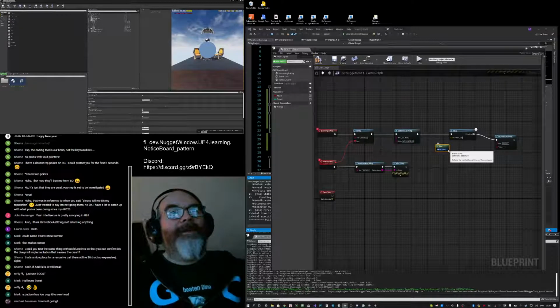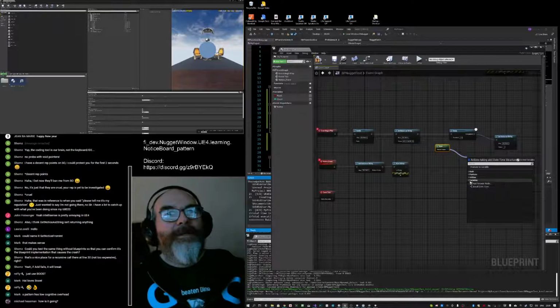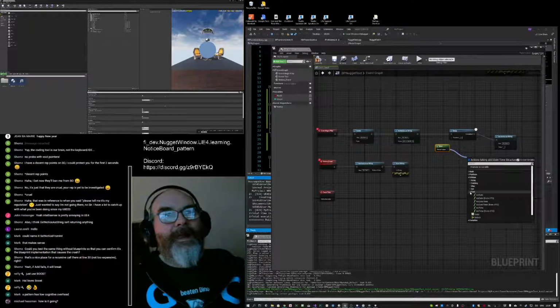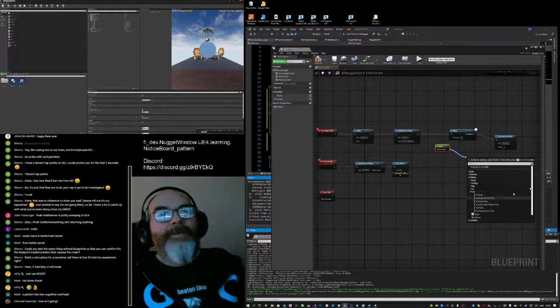This is date time structure as date time.